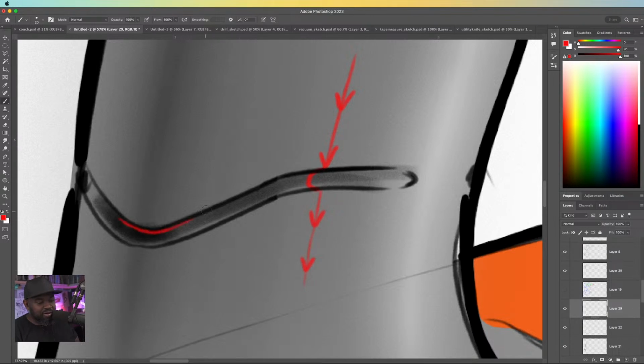So if we're a little bit darker toward this edge here, it's going to reinforce that idea. If you want to get super detailed, more realistic with things, then we can add a little bit of white to that edge. So when we zoom out,